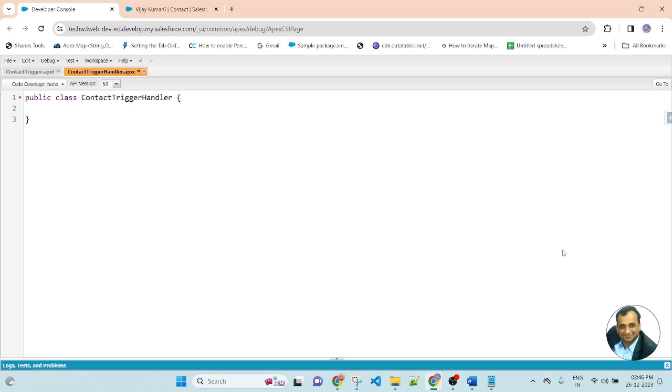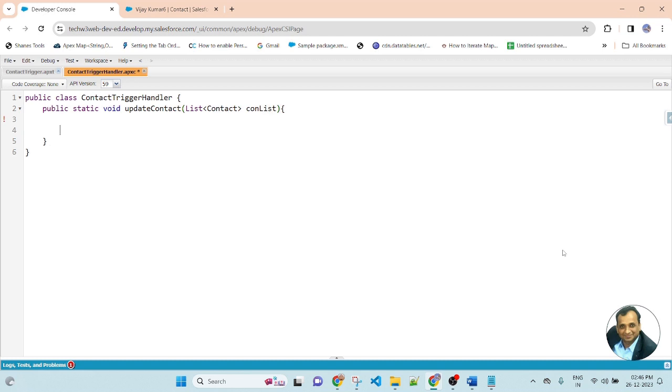Now let me first create a method: public static void, and write the name of the method, updateContact. Inside the brackets, I am passing as a parameter a list of contact, conPhoneList.